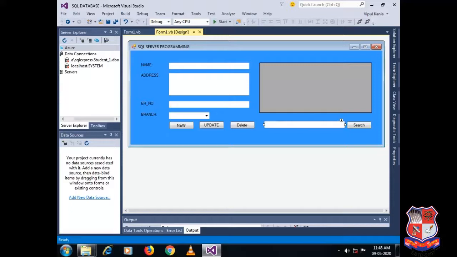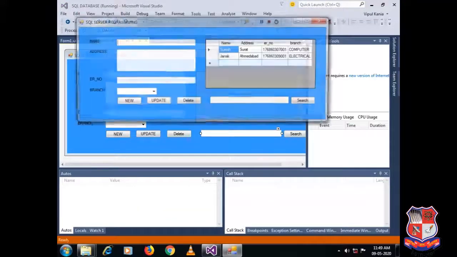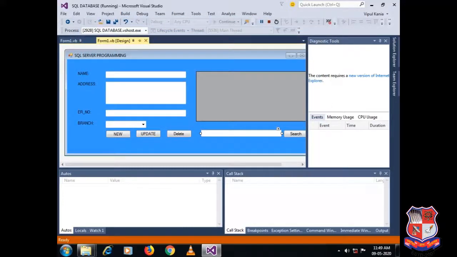Here, if you want to perform this operation on the click event of the search button, then also you can write down the same code, right? But I have written the code in the TextChanged event of this text box. Okay, so let's check whether it is working or not. Let's say I would like to find the enrollment number for 0 and 9. As you can see, nothing can be found. So there must be something missing. Let's figure it out.